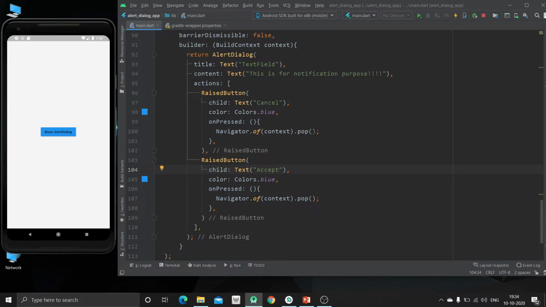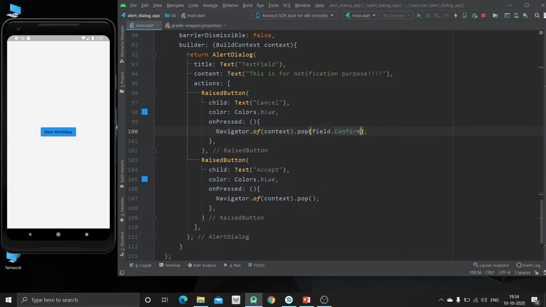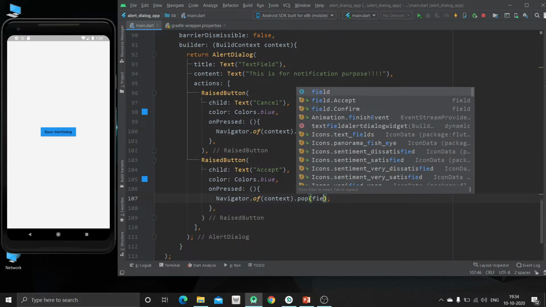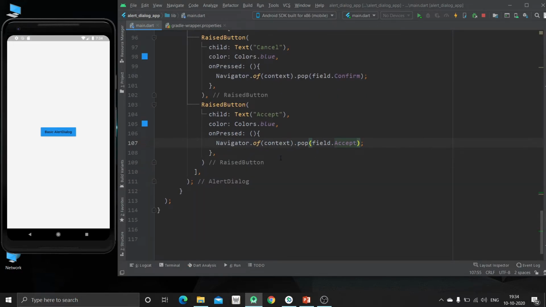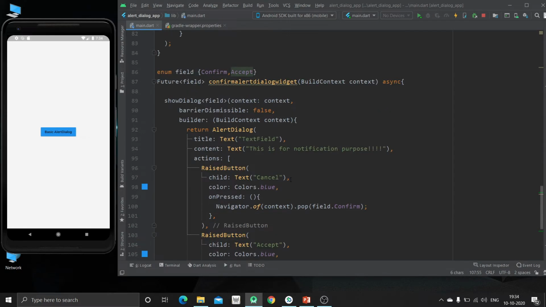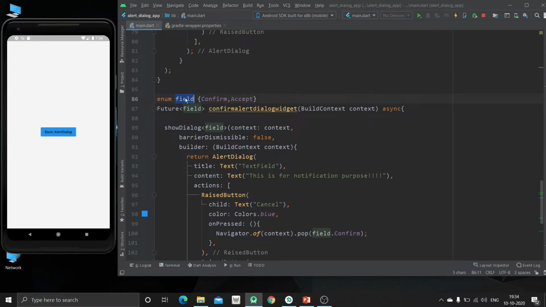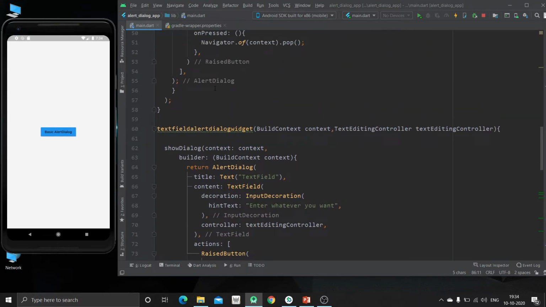Now inside this, we are going to use the field property. The first one is confirm and the second one will be accept. So these are the two fields which we have specified inside the field object.